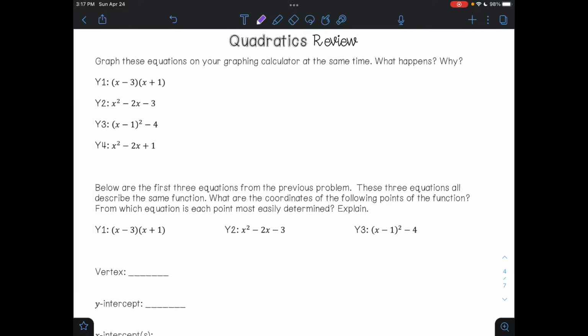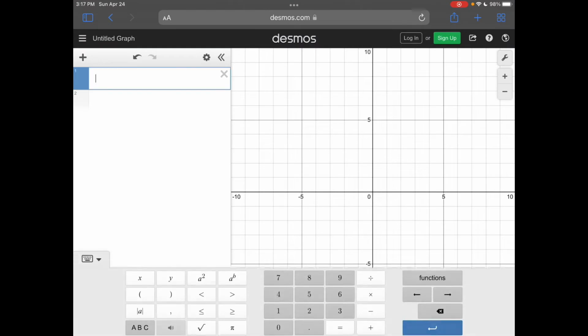In this video, we are going to review quadratics. Graph these equations on your graphing calculator at the same time. What happens? Why? So let's go ahead and go over to Desmos.com, and I'm just going to type in those